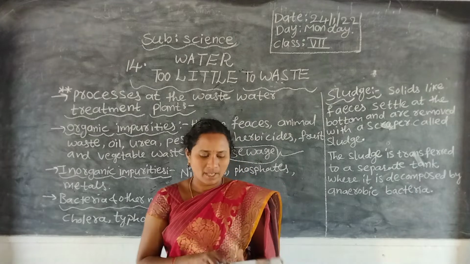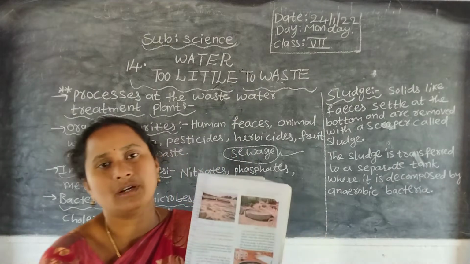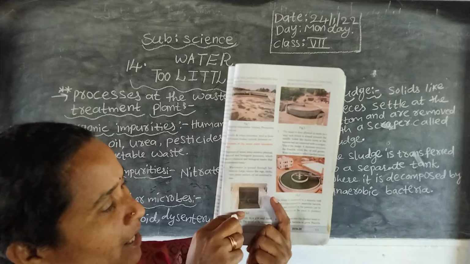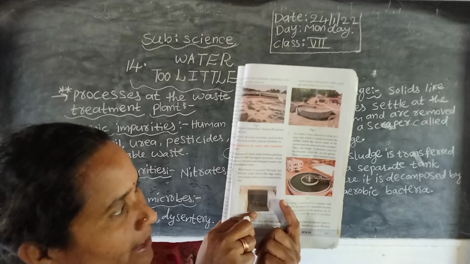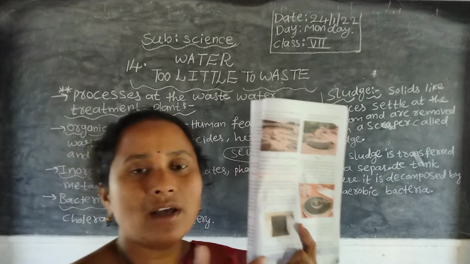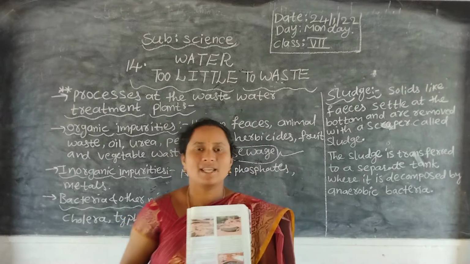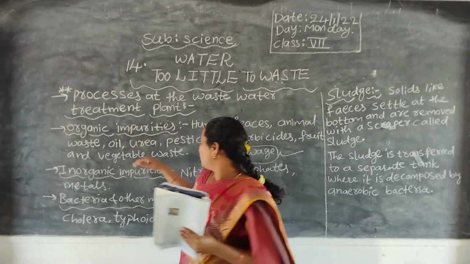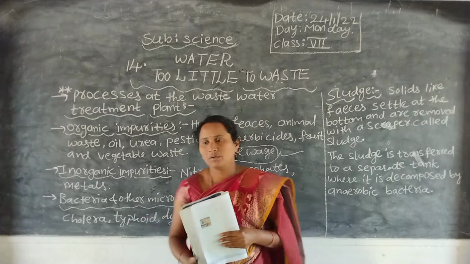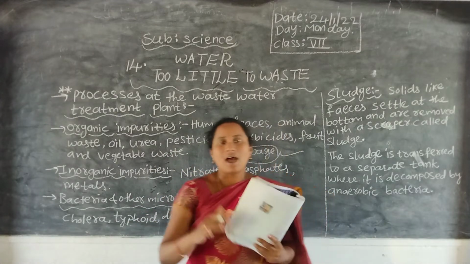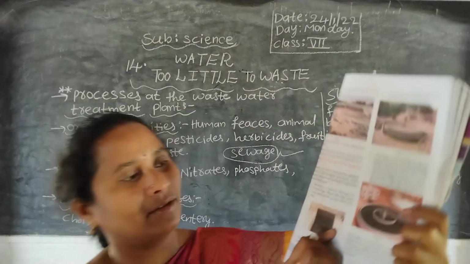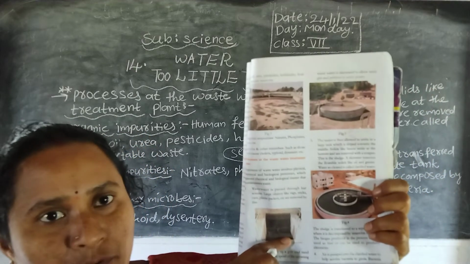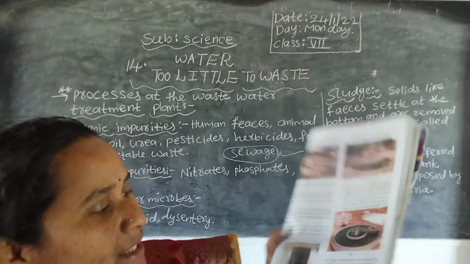to the bar screens. Here you have to see in your textbook. This is the bar screens. The complete wastewater is passed through these bar screens. Large objects like plastic cans, plastic waste materials, metals, vegetable peels, fruit peels and human feces are removed near the bar screens. Next, this water is